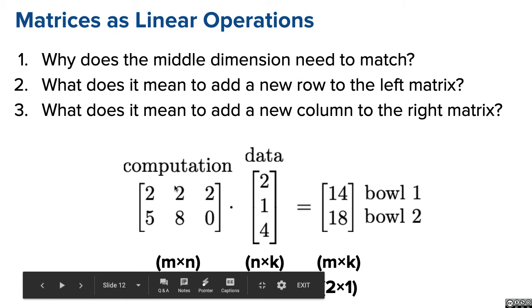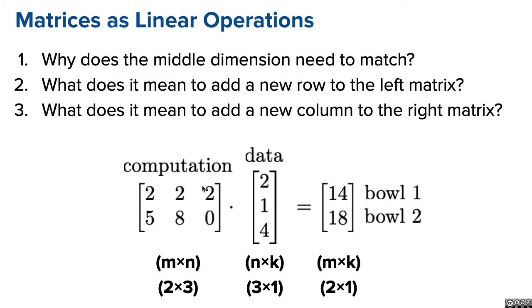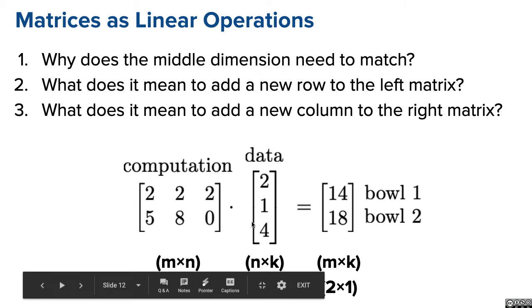So in Python, you write functions that take in a certain number of arguments. In this particular case, you can think of the number of columns in the computation matrix as the number of arguments for your Python function, right? If you have a function that has 3 arguments in it, and you try to give it 2 arguments, Python will complain and say this function actually needs 3 arguments. And in the same way, the number of columns here needs to match the number of rows on a data